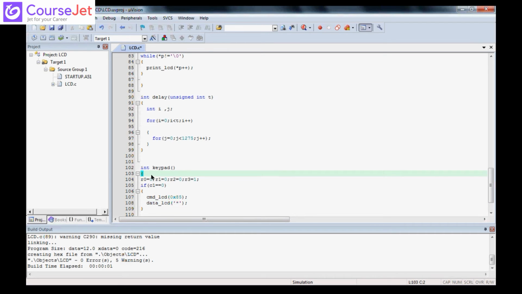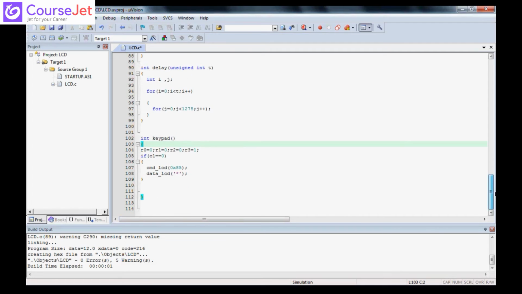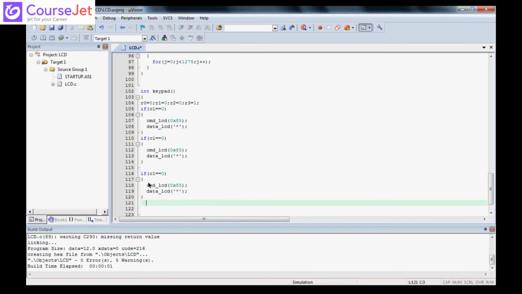Here I will write one more command. Why? Because it will not clear it again otherwise. So I'll write my clear command there whenever I am calling my keypad. Similarly, I will have to write this particular thing for 3 columns. We have 3 columns, right? So I'll just copy it. If C2 equal to 0,